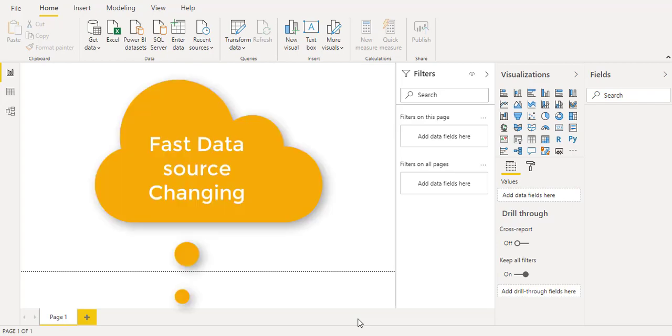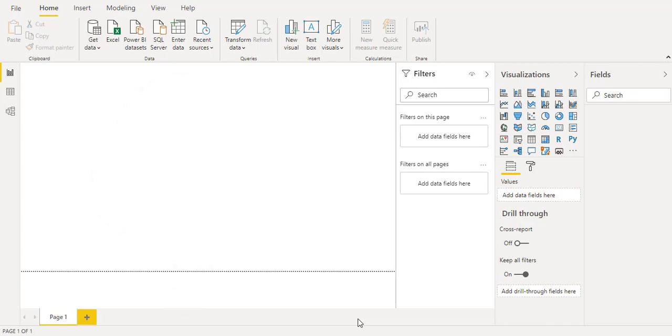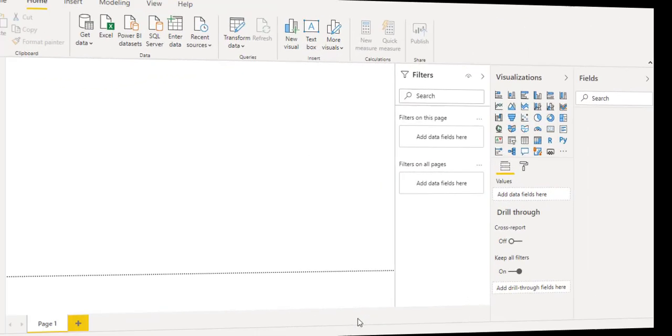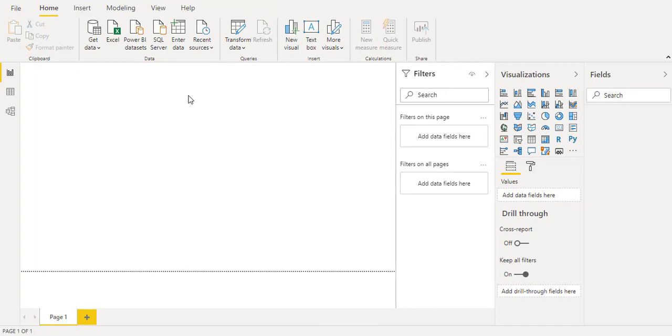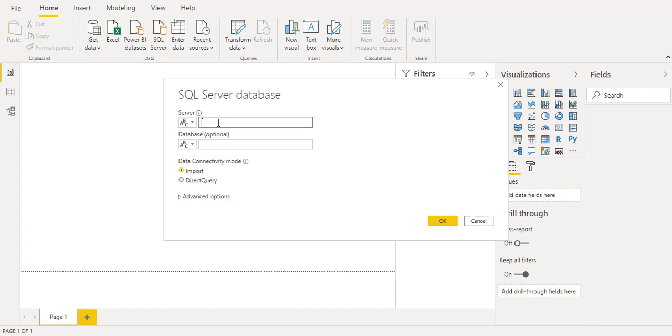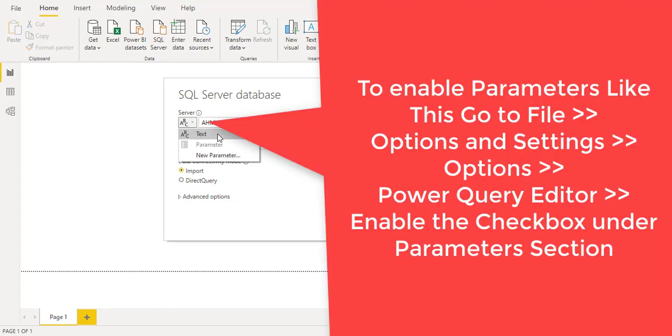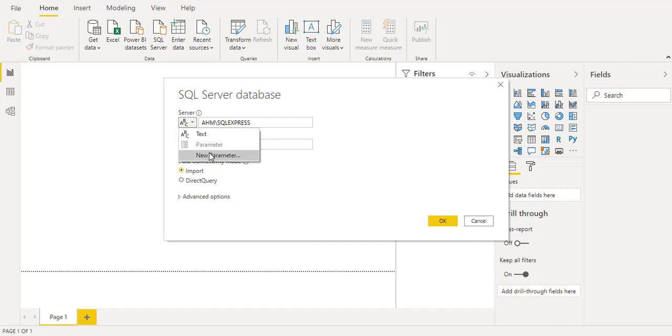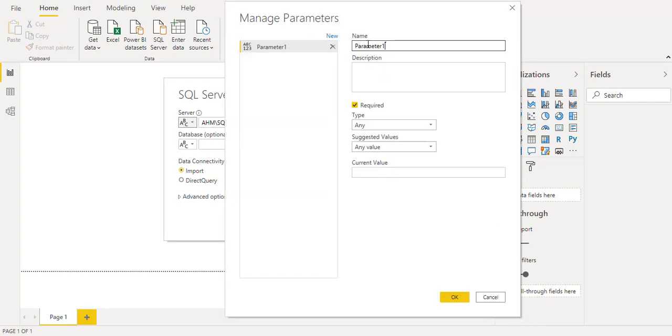So to make this, we will start with going to our SQL database connector and select the connect to SQL server, and instead of writing manually our server instance, we will use the ABC icon, and this is how we will create a new parameter to make it more dynamic for the data source service name. And we will start writing a name for this parameter